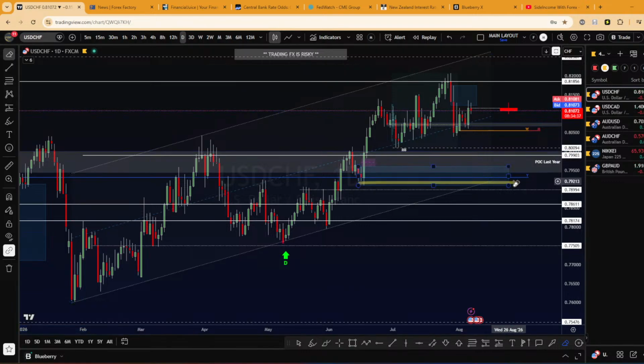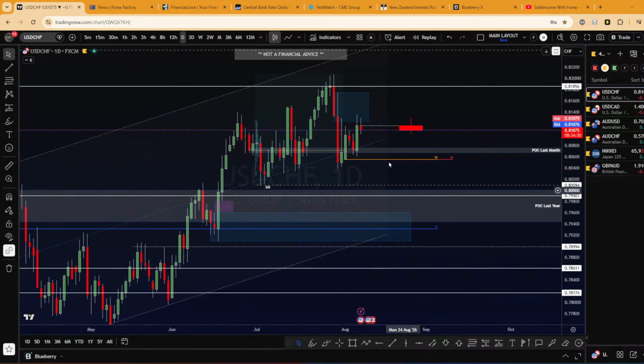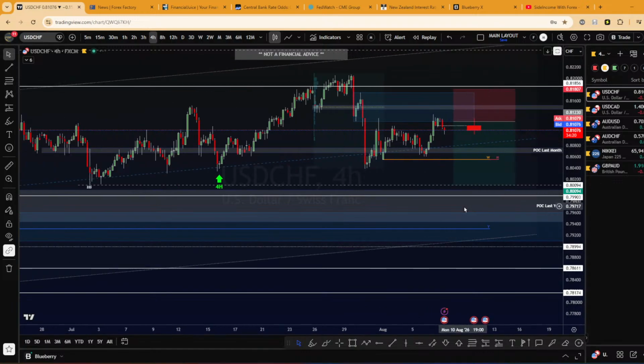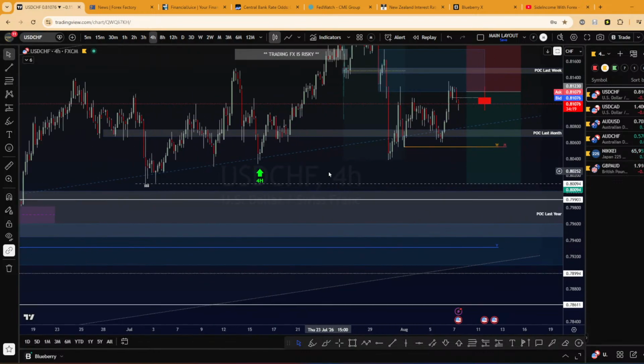We still have 5 minutes left before the NFP release. So let me finish clearly with this. I'm looking for, if we have a weak NFP report, a drop lower before a continuation to the upside. Let's go to the 4 hour time frame. I already marked up